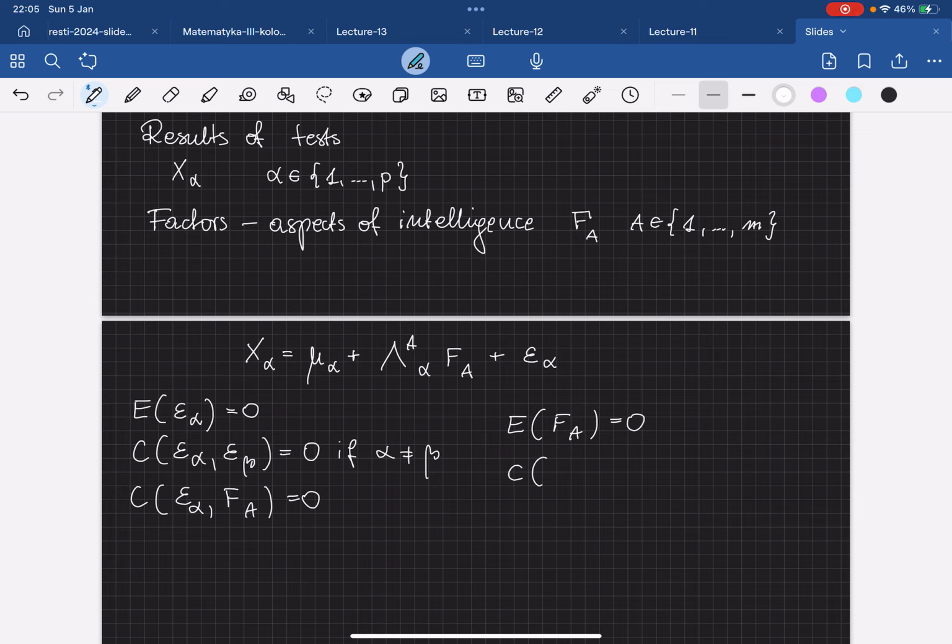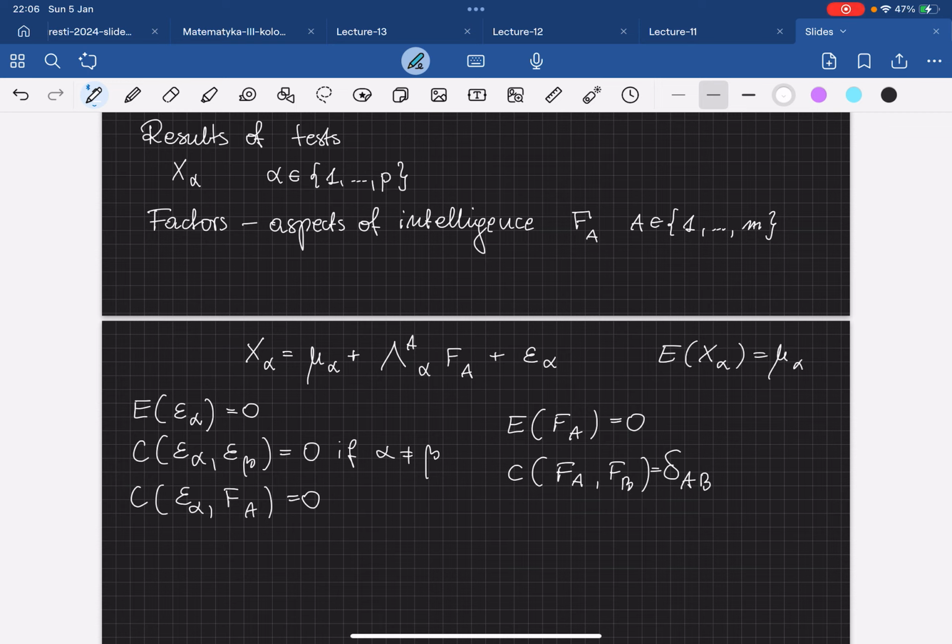So we can write that the correlation of F^A and F^B is just delta^AB. So it is 1 when it is just variance, and it is 0 if we have two different indices, which means two different factors. And from then, of course, it again follows that the expectation value of x_alpha is